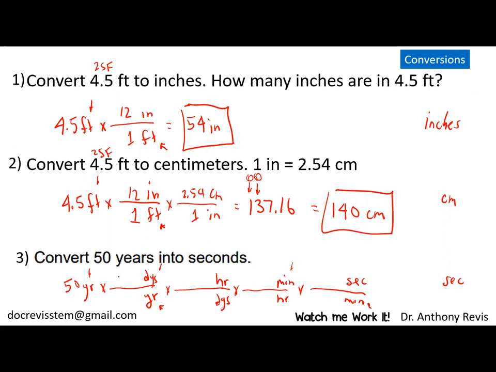So years: 365 days in 1 year, and 1 day is 24 hours, and 1 hour is 60 minutes, and 60 seconds is 1 minute. Let's say 60 minutes in 1 hour. Yes. All right. So if you punch these numbers through on your calculator, what you will get is